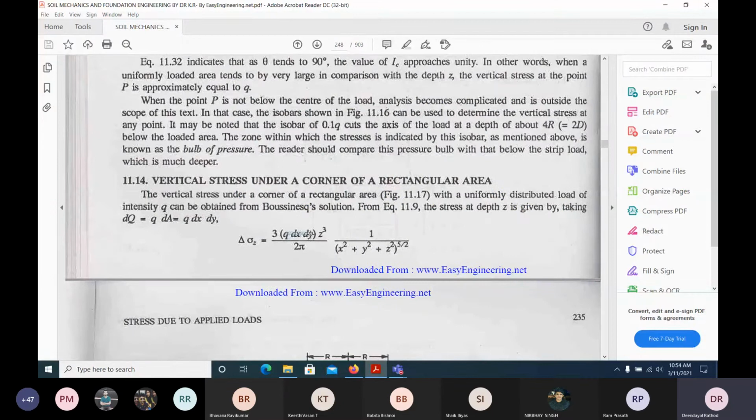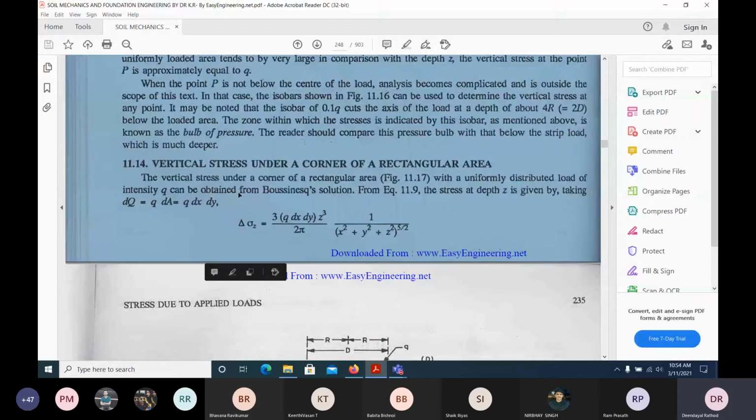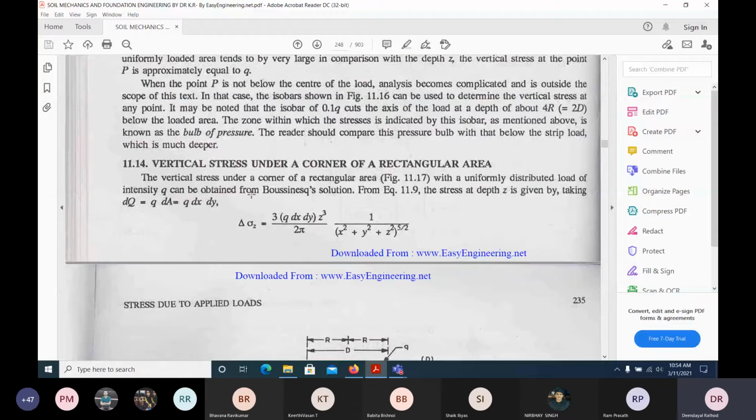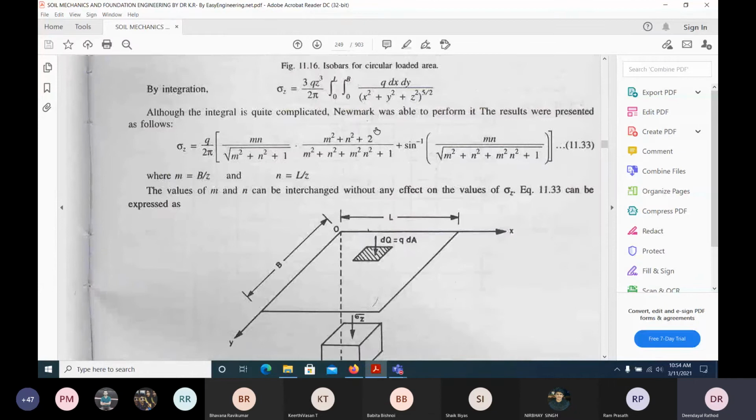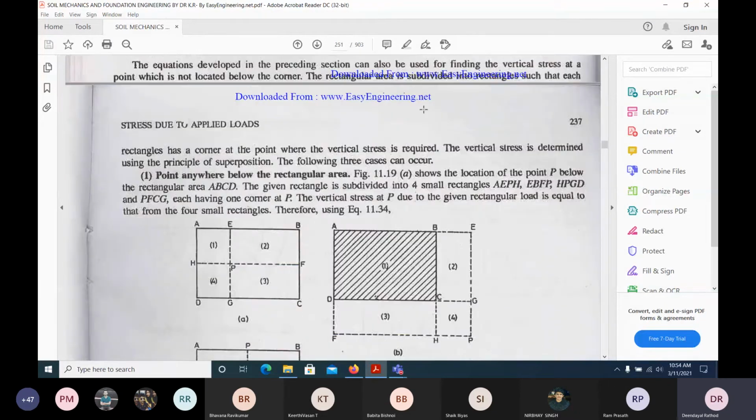What we are doing here is, instead of 2 pi r, dx into dy. I mean in both directions I am taking this small element dx and this small element dy. Okay, so that can be taken for a rectangular thing also. We can write this equation, and we can plot these corners. Everything is done here. You can simply go through it, and I can draw the isobar and all. Okay.